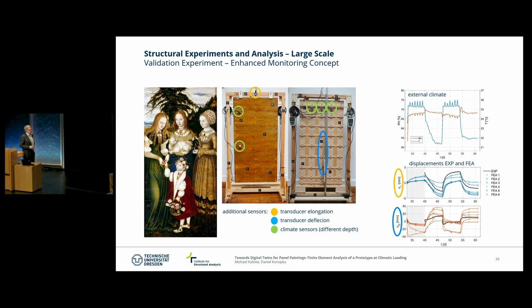We carried out the simulations. We have got here the deflection and the elongation. And what we varied here in this simulation, so the black line is exactly the experimental result, and in the simulation we varied some material parameters in order to find out about the sensitivity of the structural response. And what you can see is that small variations of the material parameters could change the results, and give us some response which is fitting to the reality at the end. So therefore, there's quite a bit of sensitivity that has to be taken into account.